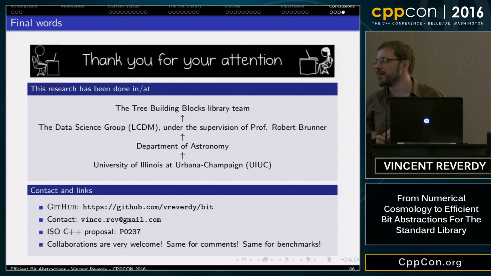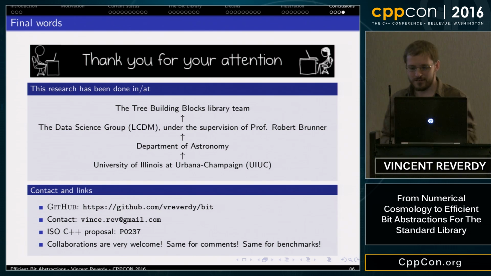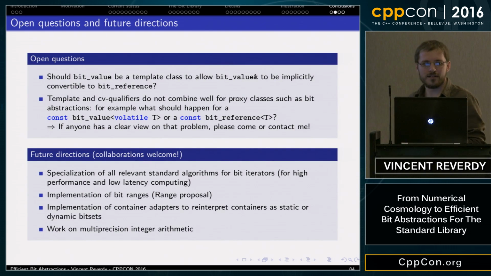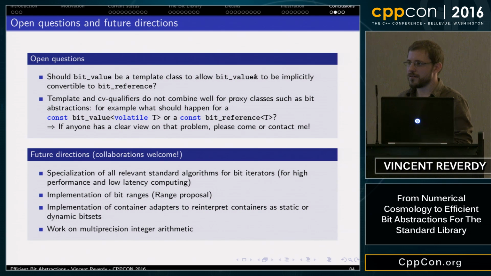So I guess this is a little bit related to that open question of whether bit value should convert to bit reference. But it seems a little bit more subtle than that. You said that the iterator category is determined by the iterator inside, what you're wrapping. So it's the same iterator category. And you also said that the reference type of the iterator is bit reference and the value type is bit value. But when you have a forward iterator, or anything more refined than that, the reference type has to be exactly the value type ref or const value type ref. How do you plan to address that in your proposal?